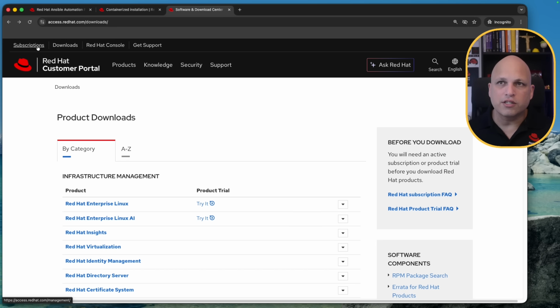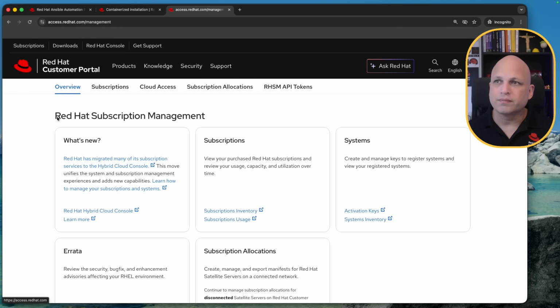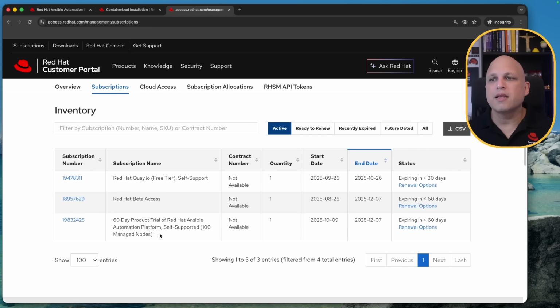After that, we can just click on subscriptions again, and then there you go. So you can see that I got this on 9th, and this will be valid for 2 months, expiring in less than 60 days. And this is a 6-day trial, product trial of Red Hat Ansible Automation Platform, self-support, 100